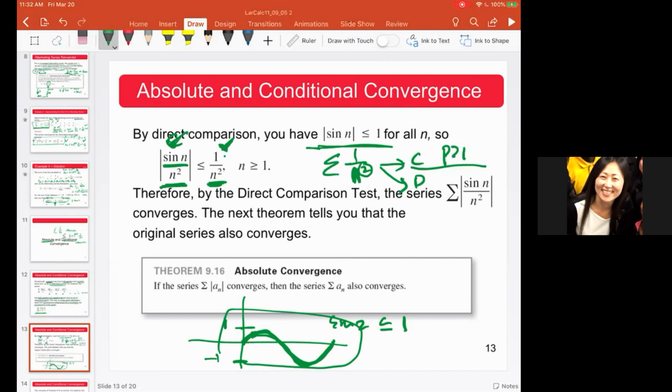In this case, this series is smaller than that series. So since this one converges, this one automatically converges. So absolute convergence. You're not learning new stuff today. The new stuff is they're saying that when you put in the absolute value